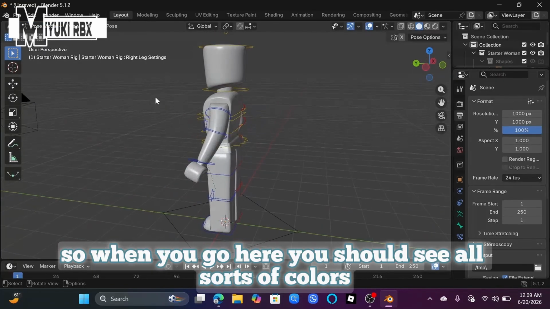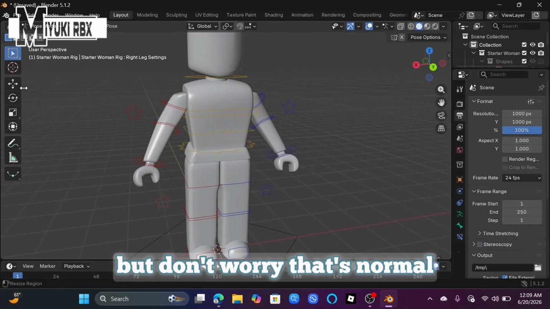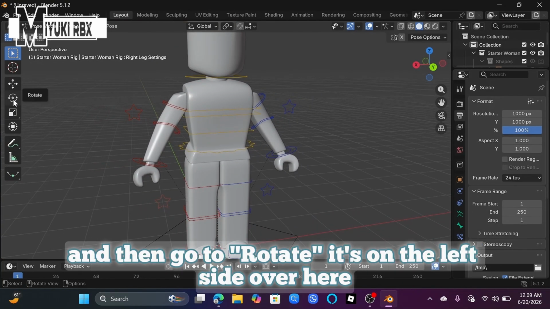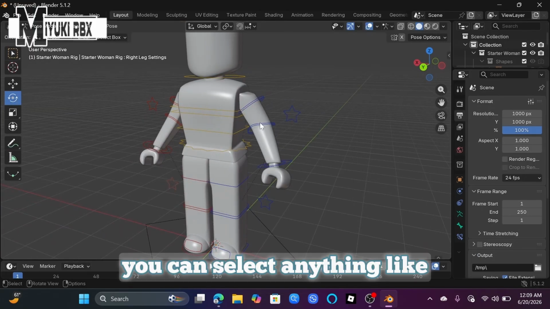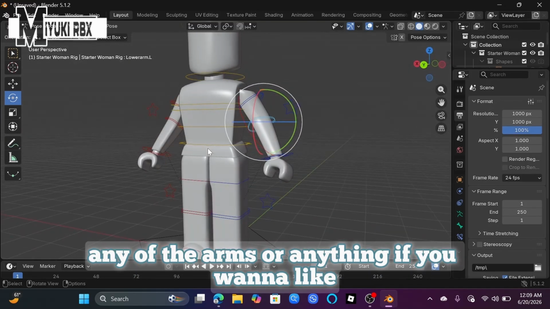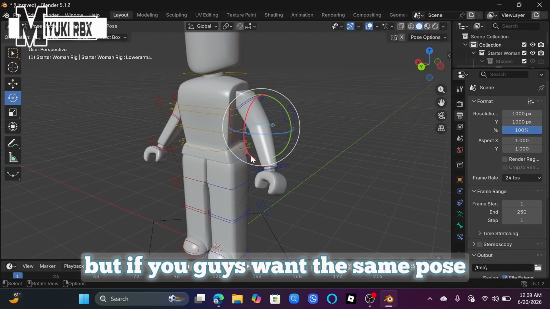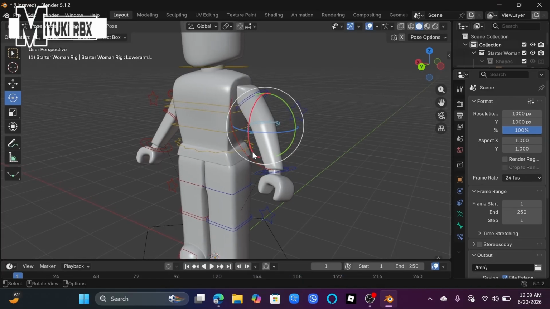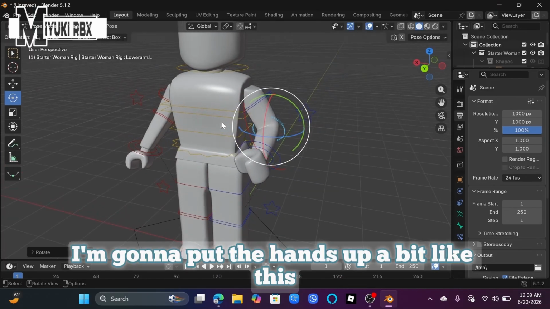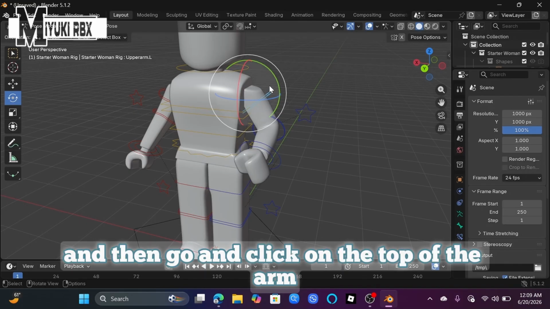So when you go here, you should see all sorts of colors, but don't worry, that's normal. And then go to rotate. It's on the left side over here. You can select anything, like any of the arms or anything if you want to move them. For this video, I'm going to be doing a really simple pose, but if you guys want the same pose, just follow along. I'm going to put the hands up a bit, like this, and then click on the top of the arm,